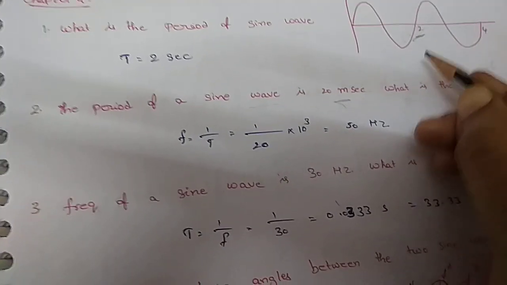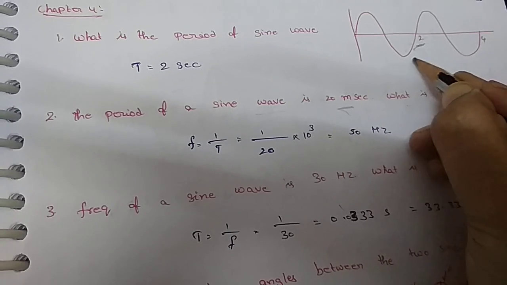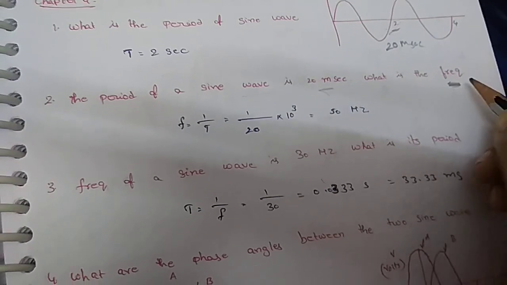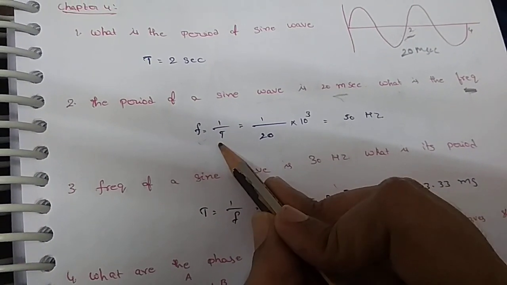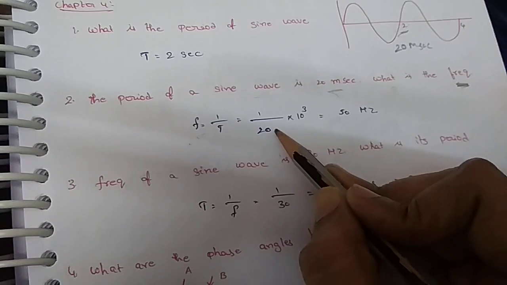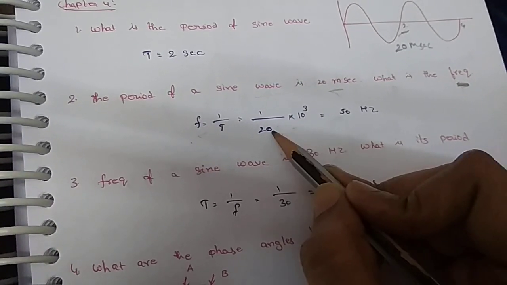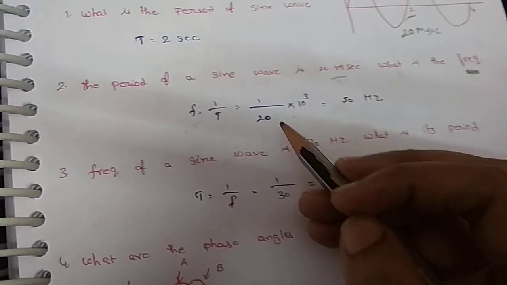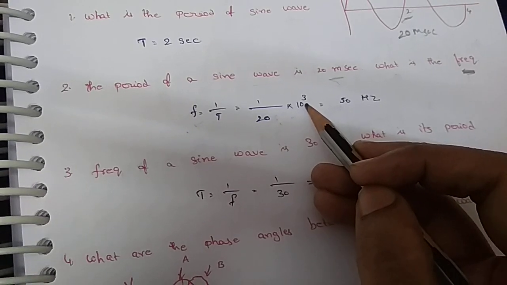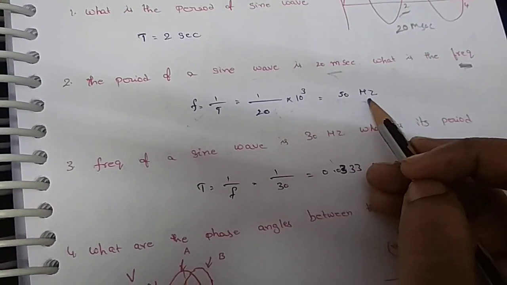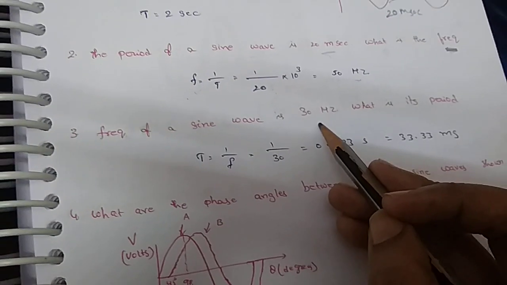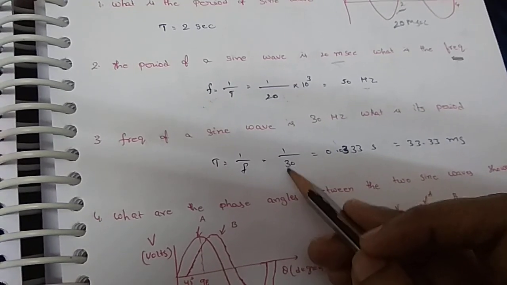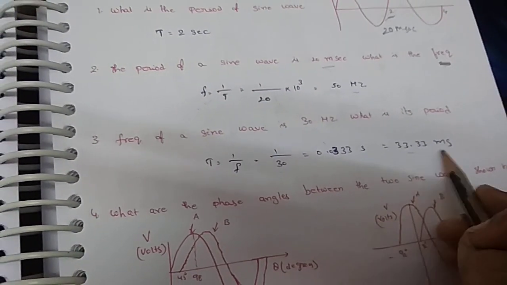For completing this one cycle, it requires 20 milliseconds. What is the frequency? We already know that the relation between frequency and time period is inversely proportional. So 1 over 20 milliseconds; 10 to the power minus 3, if it is in the denominator, it will give kilohertz. If I solve this, it is 50 hertz. Similarly, for the same problem, only the numerical value differs. If the frequency is 30 hertz, then solving this, the time period will be 33.3 milliseconds.